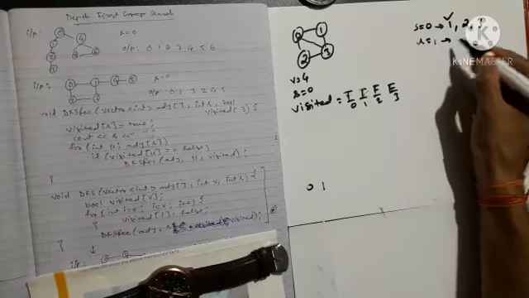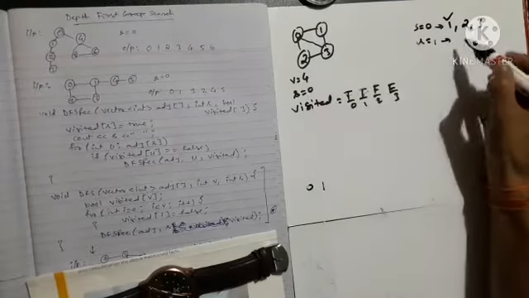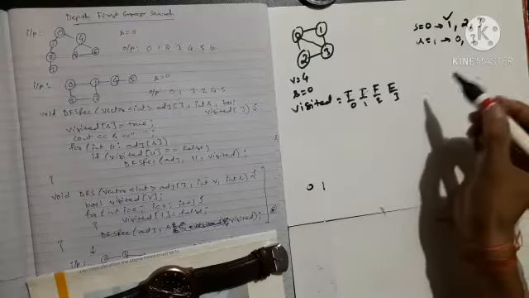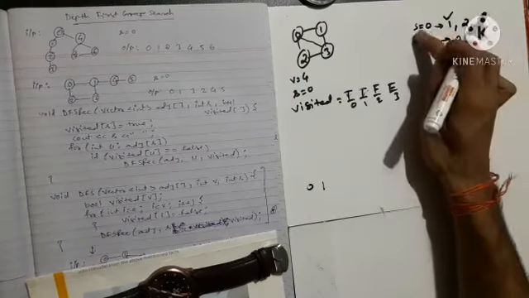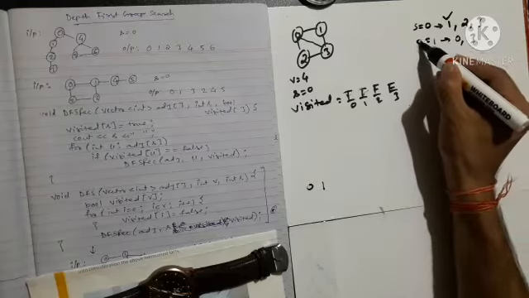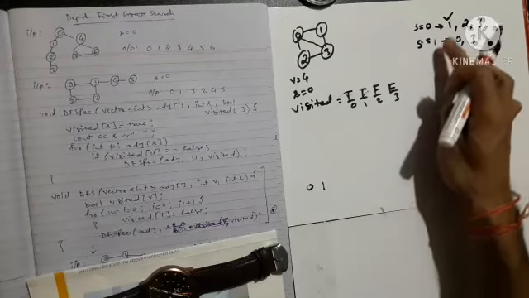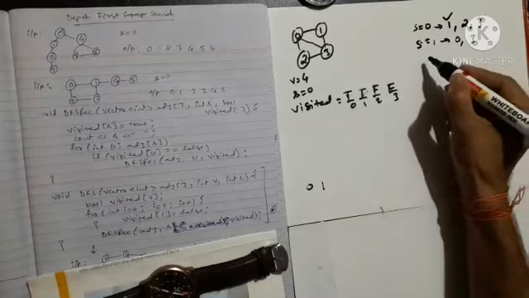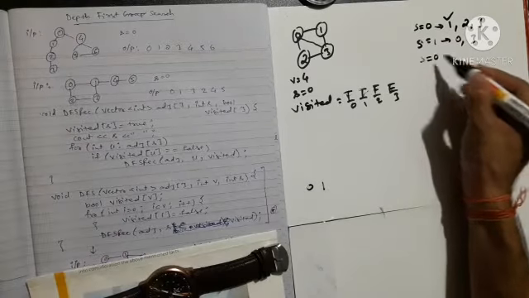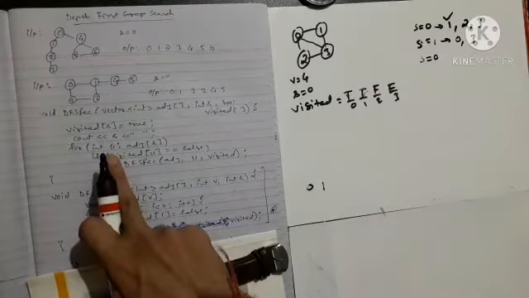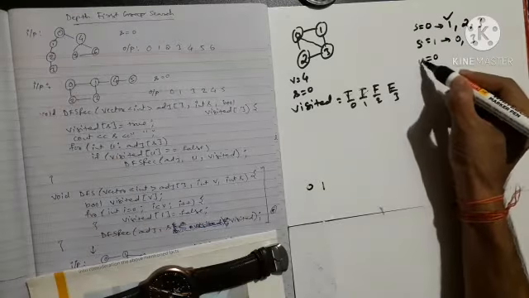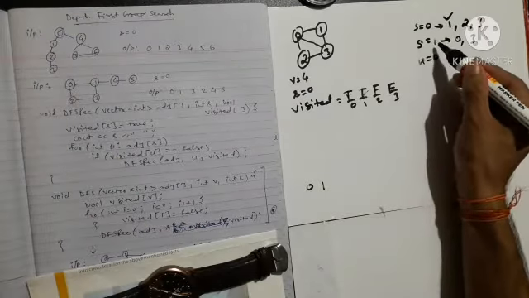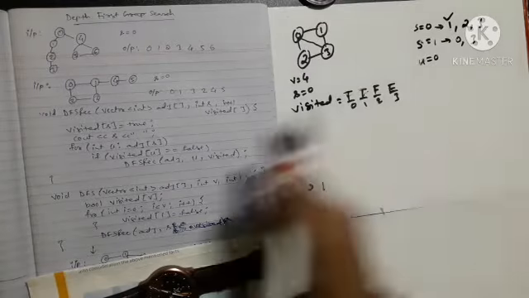Now what are the neighbors of 1? Neighbors of 1 are 0, 3. You can see it, 0 and 3. Now let's say basically neighbors of 0 and 3. Suppose now s becomes this. Now s becomes 1. After 0 the s becomes 1. Basically u is the neighbor of this s and s is 1. So 0 is the neighbor of 1. So in u we are getting 0.